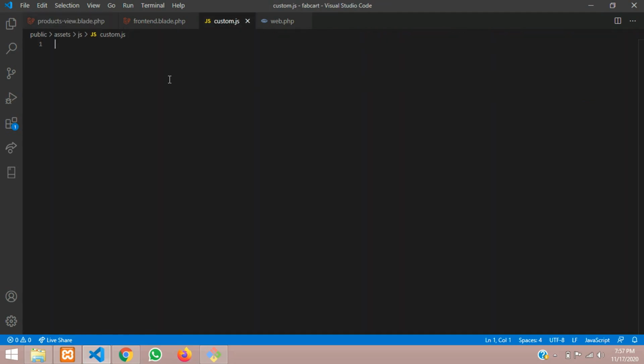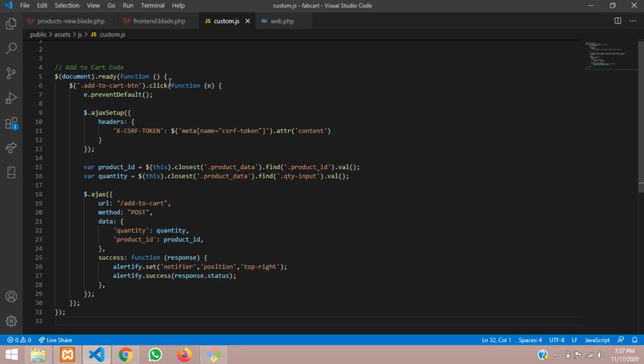Let's paste over here, and let's call this add to cart code. Let's take it a little below and paste the code.